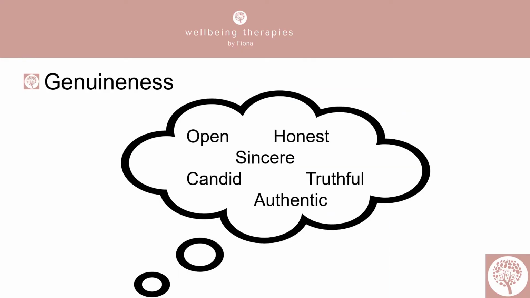So as another reminder, the second core condition is genuineness or congruence. And this is about being open and honest with ourselves and being genuine. Our approach to the client is influenced by how open we are with ourselves. An effective helper needs to continually work on reaching a position where they are known to themselves and others. You remember in the very first module we looked at the Johari window.